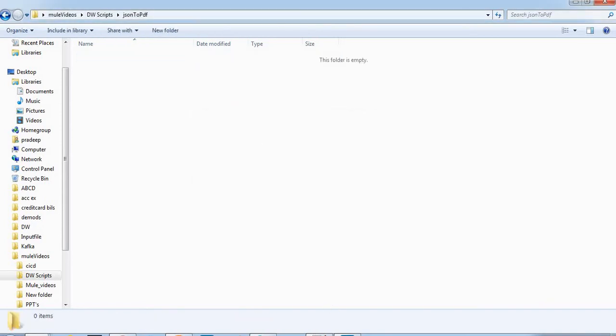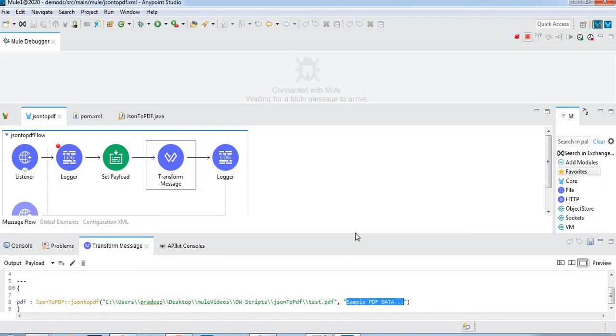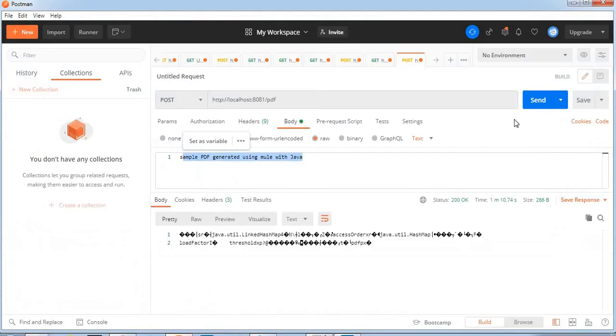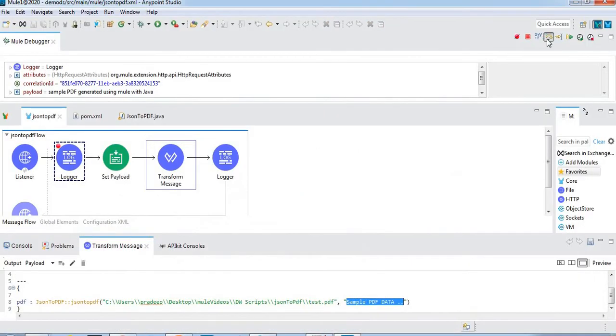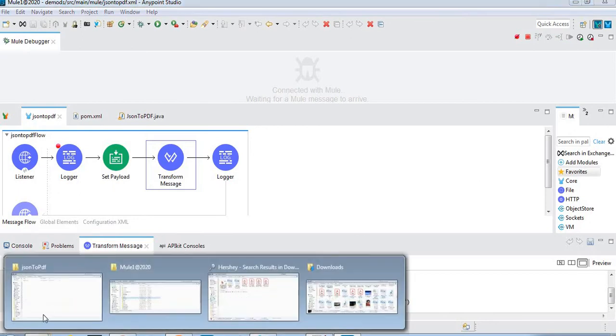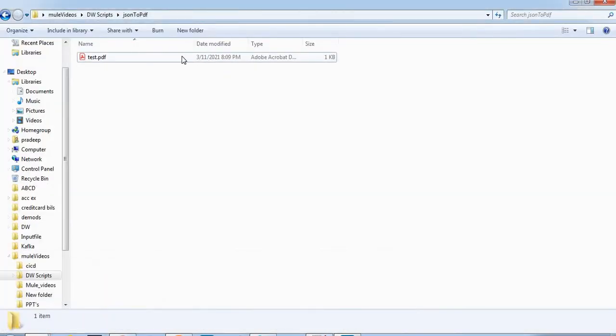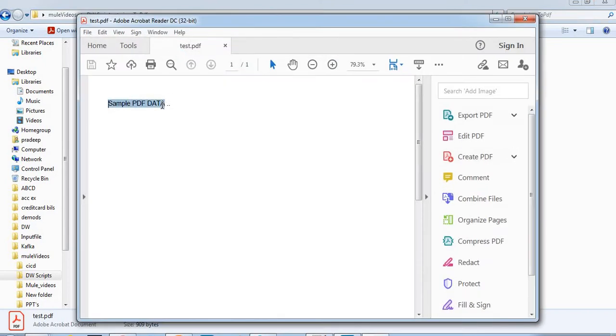Once again I will make a request and move the processor. Now go to this folder. Now it's generated. Let me open test.pdf. It contains sample PDF data.